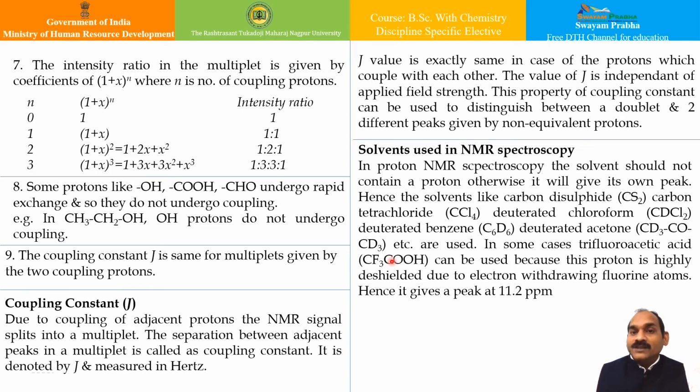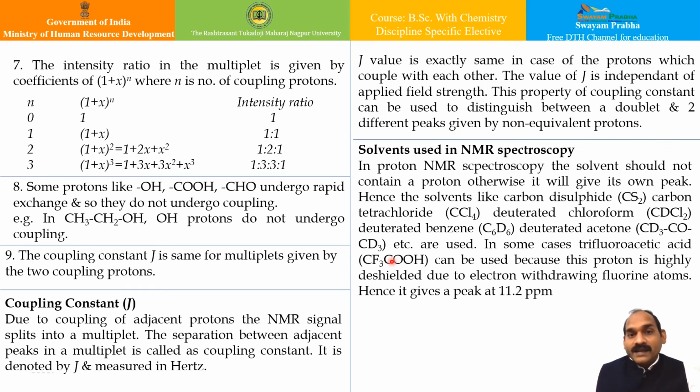They basically determine the number of groups of equivalent protons. So how many different groups are present from the equivalent proton background. Similarly, the position of peaks in the NMR spectrum gives information about the electronic environment of the proton. That means whether it is shielded or deshielded because of the chemical shift. So we can predict very easily the electronic environment of the particular proton.